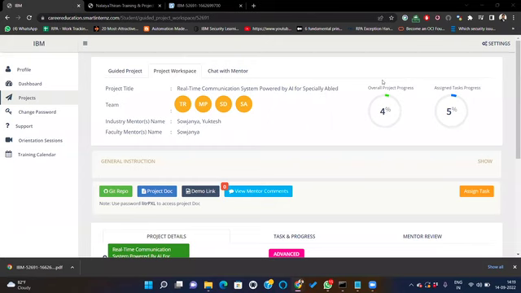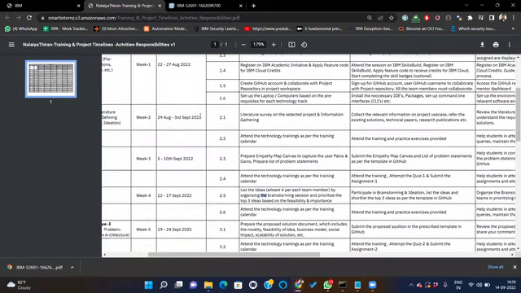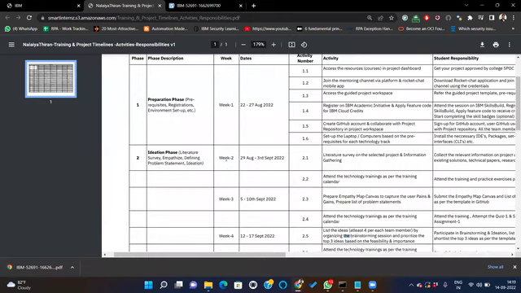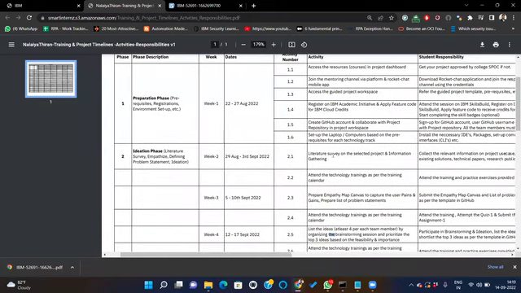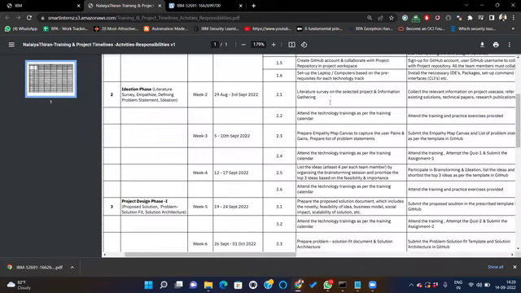After literature survey, tell us, please. Faculties, I don't need to tell anything. If you see this project timelines sheet, we have very clearly given what their phase is, what the date to be completed is, and what the activity to be completed is. It's very clear here. Students need to follow this and complete their activities.